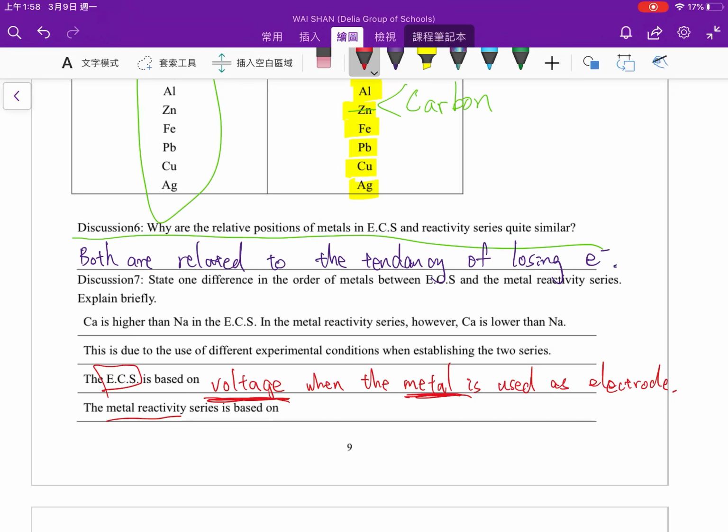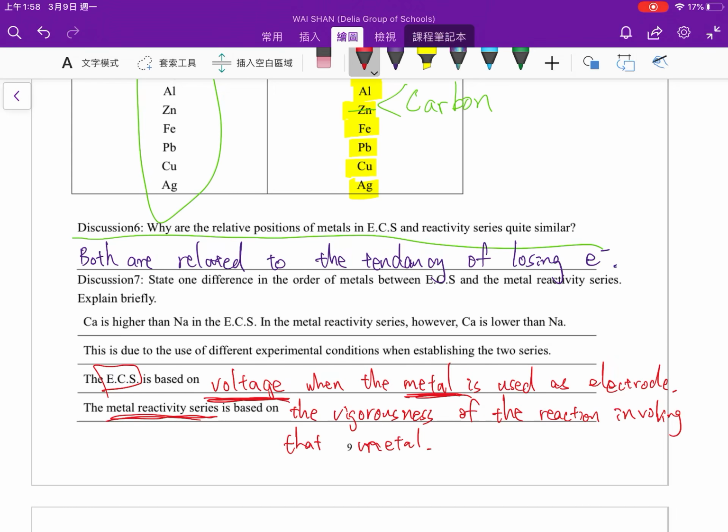And the metal reactivity series is based on the vigorousness of the reaction involving that metal,